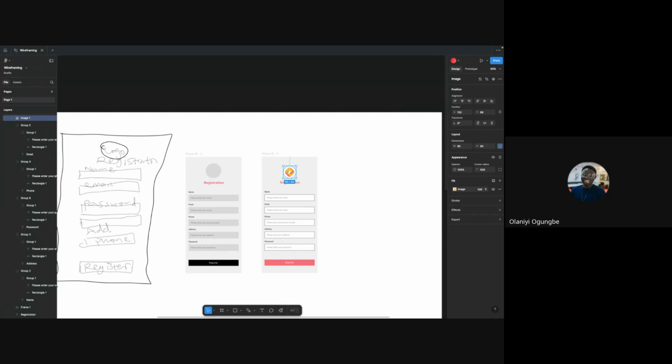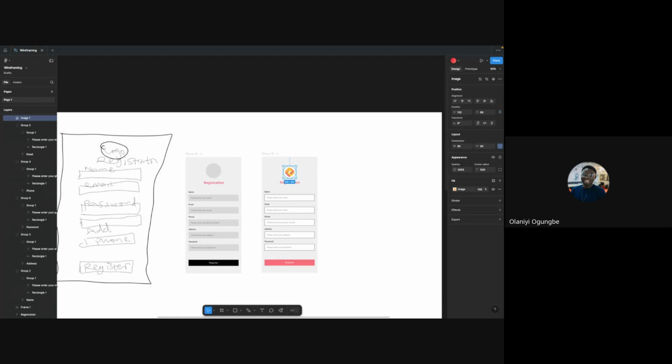So just like I said, the only one going to the developers is the high fidelity. And nobody will actually sue you or say, why did you not use the proper frame sizes for the low fidelity? But nowadays there are actually templates that you can print out for low fidelity. Those templates already have sizes for your mobile apps, your website screens, and stuff like that.